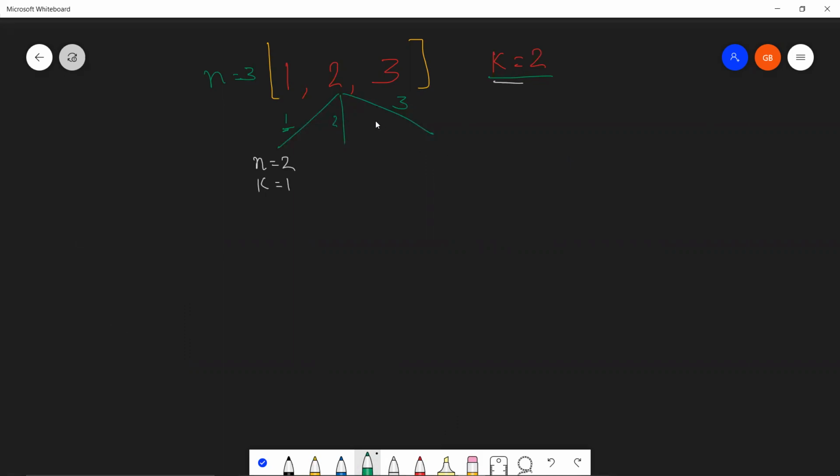So the thing is, these two cases will give us a little issue. What that issue would be: if I fix 2 over here, then I have 1 and 3. Now, this 1 and 3 can be rearranged in any form, but there is no possible way now that 1 will ever be visible from the left hand side. Why? Because 2 is obviously greater than 1. So any stick which is less than the size of 2 will never be visible.